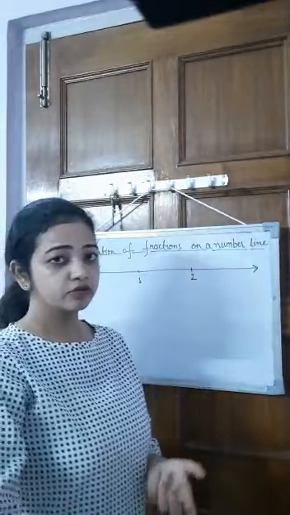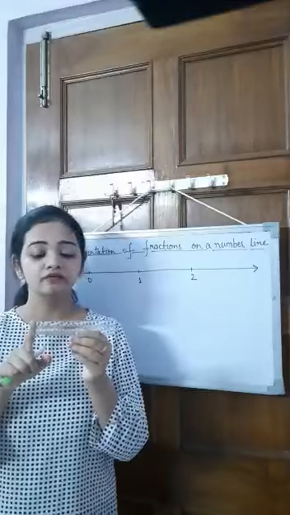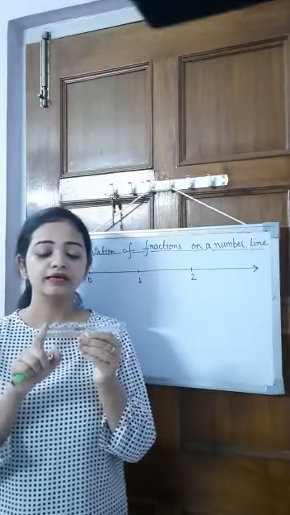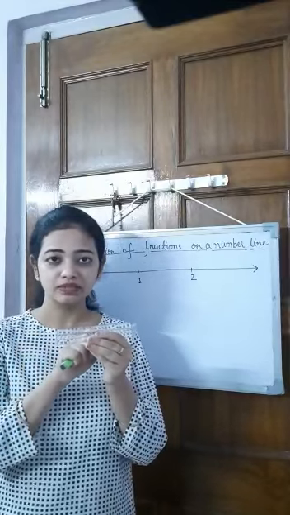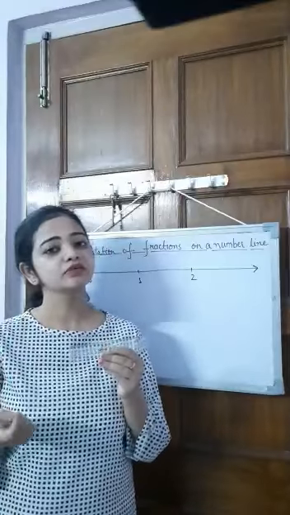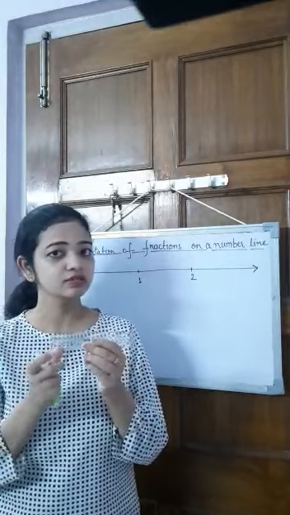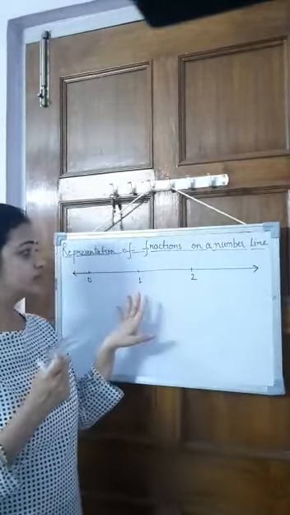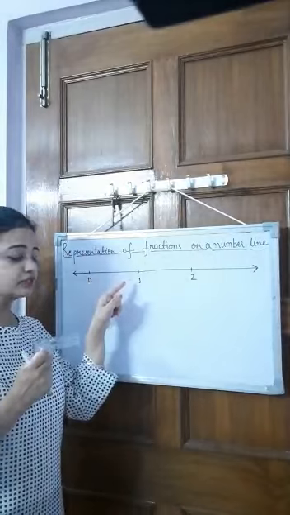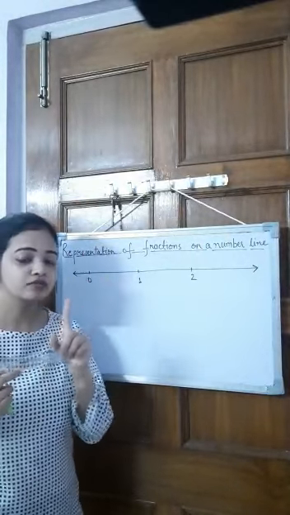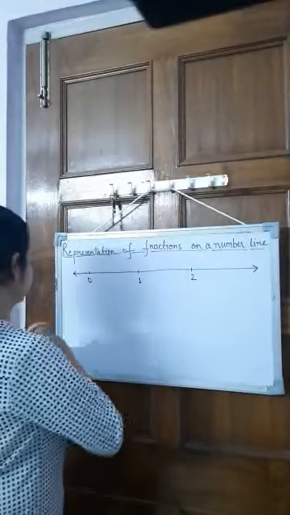Now if you people have observed your scale or ruler carefully, what you can see is that we have whole numbers here 0, 1, 2, 3, 4 and so on, and between these whole numbers we have subdivisions. There are 10 subdivisions every time between them. Why 10? Because 1 centimeter is equal to 10 millimeters. Now these subdivisions as done here are equal subdivisions, and this is how we are going to make the number line here also. We'll divide this space between 0 and 1, and what is important, that we'll divide it into equal parts.